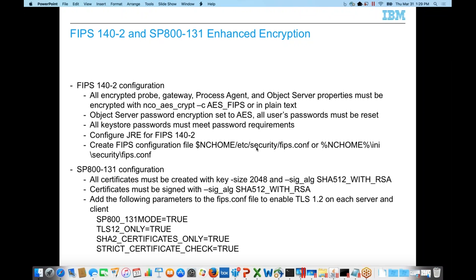So first, what is the FIPS 140-2 configuration? It's an enhanced encryption. It has different encryption algorithms that have to be used on passwords in particular. So all of your encrypted probe, gateway, process agent, and object server properties, you can no longer use your NCO Gcrypt, NCO PA-crypt, any of those old NCO crypt utilities. Everything has to use the NCO AES crypt with the -C AES FIPS option, or the password would have to